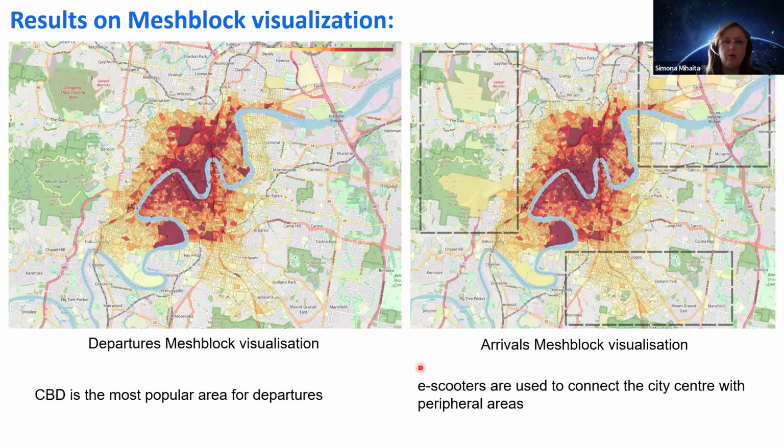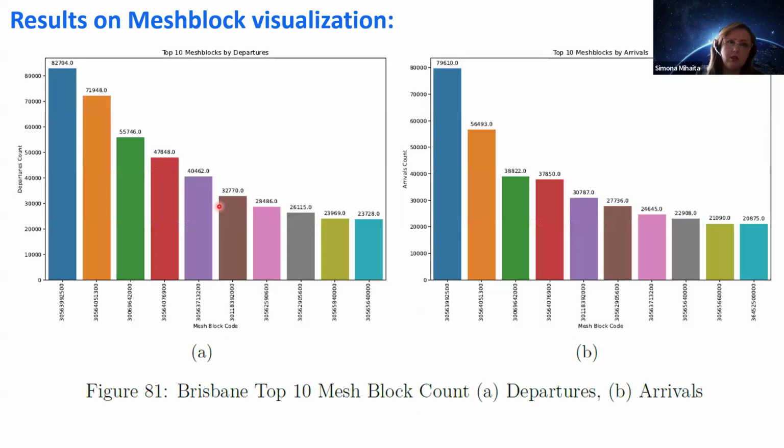For each of those mesh blocks that you see, we can actually calculate statistics and numbers. And when you start ranking these blocks, you can identify the top 10 that are the most popular. The blue ones that I have here, by departure or arrivals, give us exactly the suburbs where the activity is the most intense. So this is very useful for city planners when they want to make changes in those suburbs in terms of accessibility or other facilities, like installing dedicated parking slots, etc. This is something that we can do by doing the mesh block analysis.